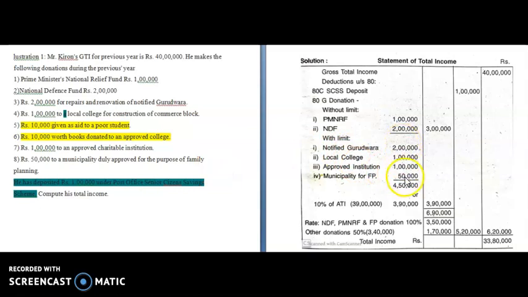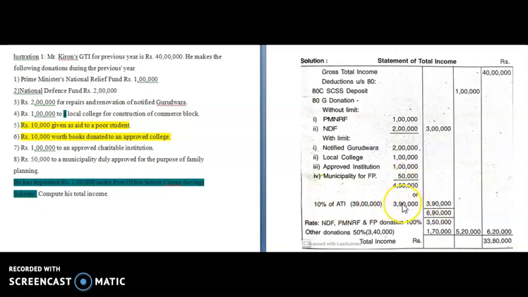So all these items we have totaled, and total will come up to 4,50,000. But 4,50,000 I cannot write in the outer column because it is maximum of 10% of adjusted total income. So when calculating 10% of adjusted total income, what will be the adjusted total income? It is gross total income minus 80 deductions, and if there is LTCG, STCG, that also we have to deduct. There is no LTCG, STCG, only one deduction is there, ATC. So when you deduct these two things, you will arrive at an answer of 39 lakh. So 10% of ATI is 3,90,000.